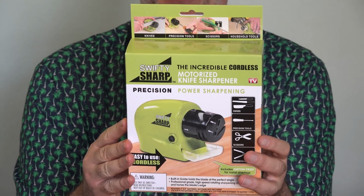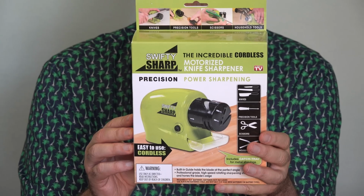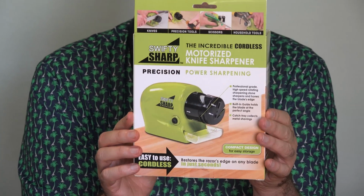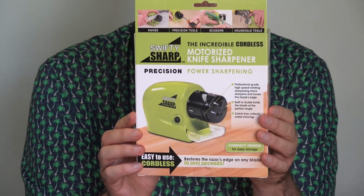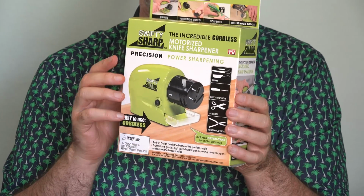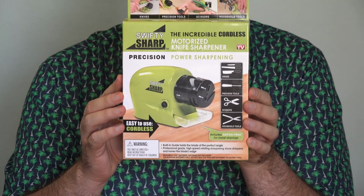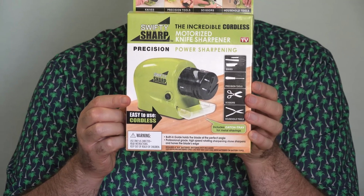Swifty Sharp goes for about $15. I'll put a link to it down below this video if you'd like to check it out. I actually found it over at Walmart in the As Seen on TV section. Now, it is battery powered, so it's supposed to do a good job of grinding the knives back into sharpness. And I don't know why they didn't just make it so it plugged into the wall. Seems like that would be a lot easier and provide more power for grinding. Besides which, other than Edward Scissorhands on a camping trip, who needs to bring a big motorized knife sharpener